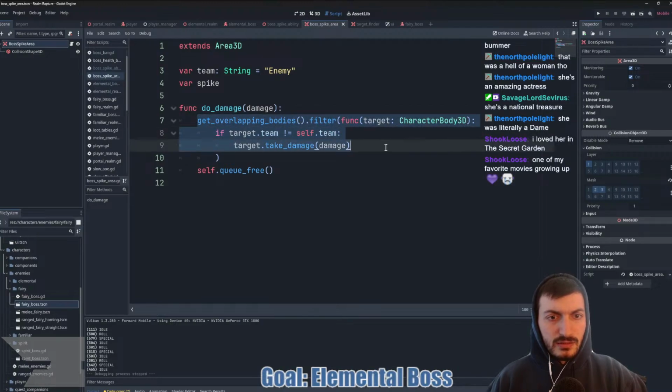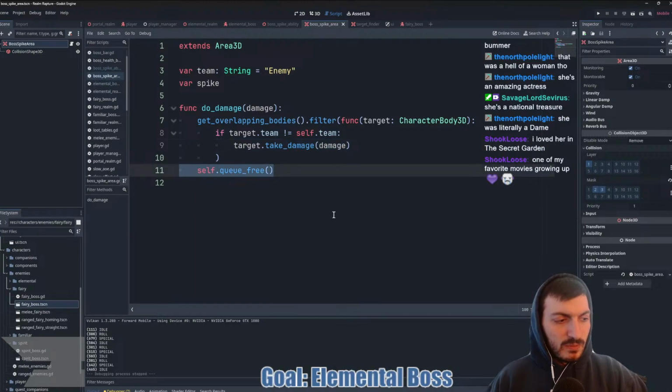And then it tells the target, hey, you just took damage. And then after that, it queue frees itself. But that didn't seem to work either. That's odd. Very odd.